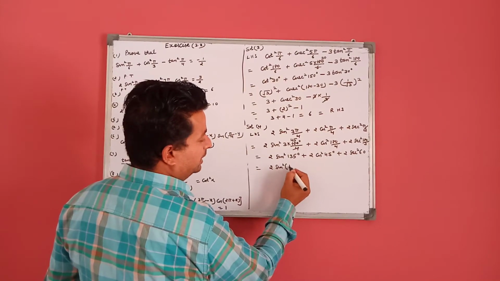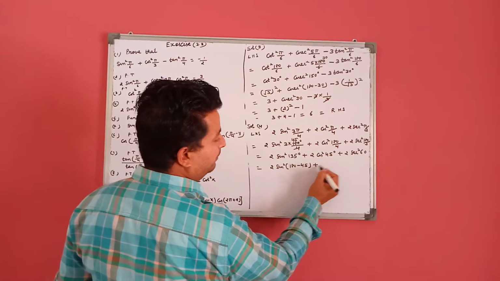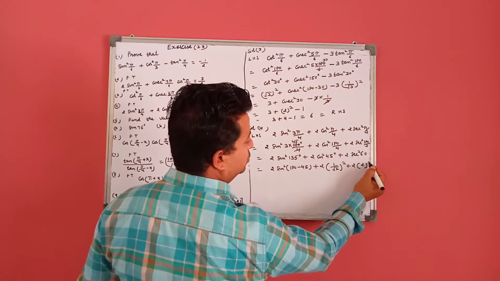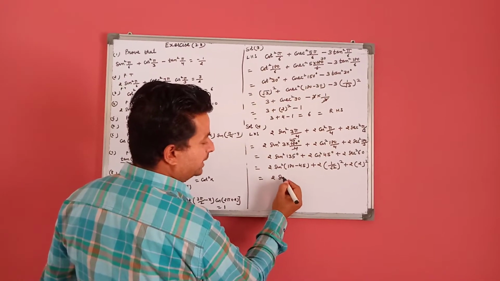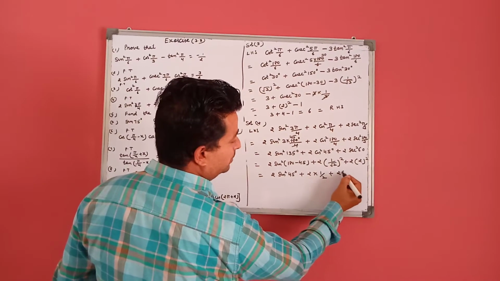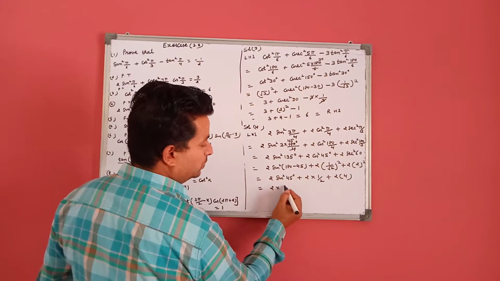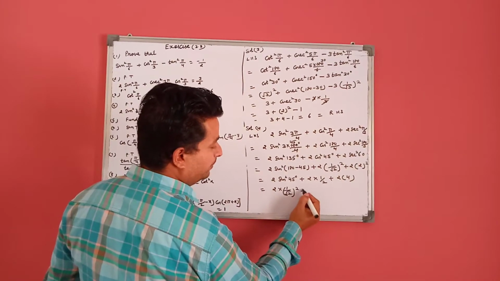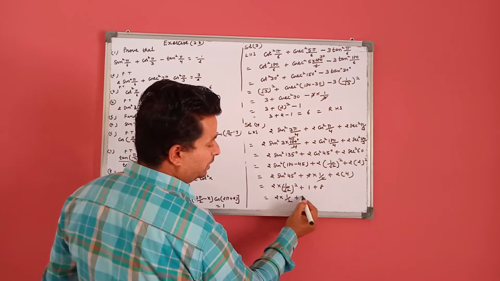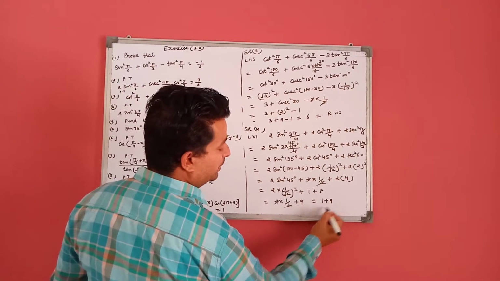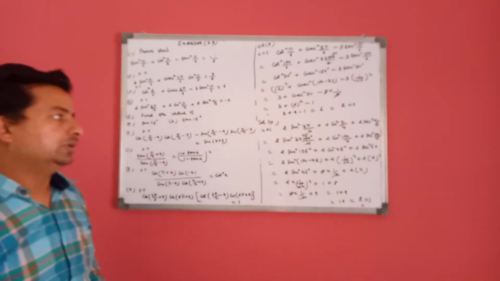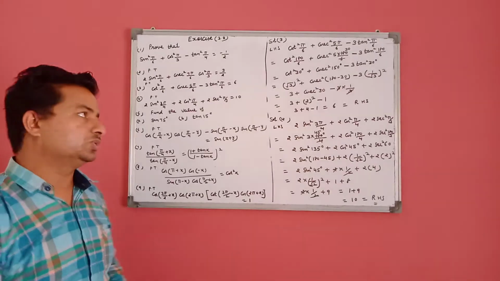We write 135 as 180 minus 45. Cos 45 is 1 upon under root 2. Secant 60 is 2. In the second quadrant, sine is positive and there is no change in the t ratio. This is 1 by 2, and this becomes 4. So 1 upon under root 2 whole square, this cancels out, 1 plus 8. This becomes 1 by 2 plus 9, which equals 10. This is the right hand side of the equation. These are the solutions of the first 4 questions.